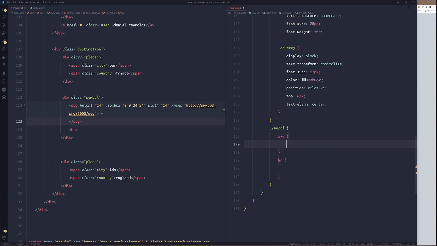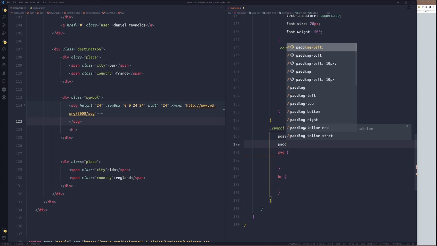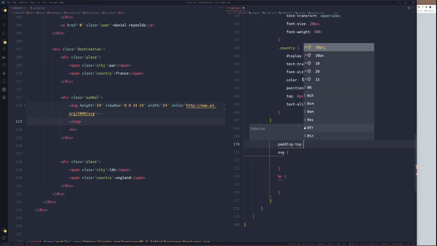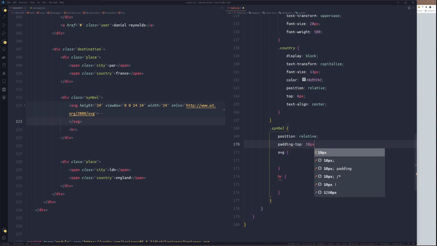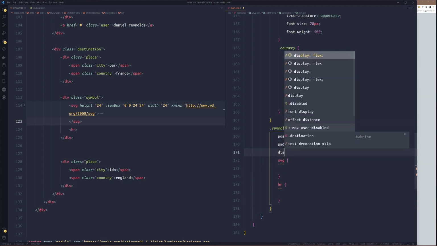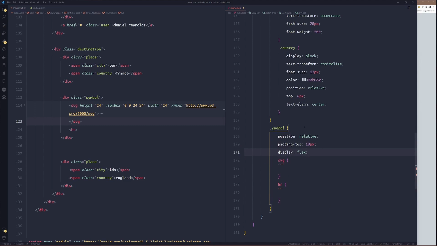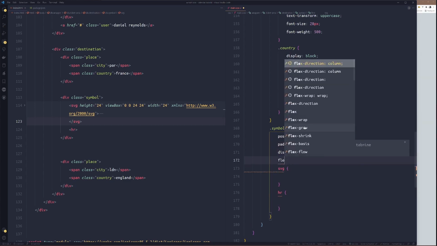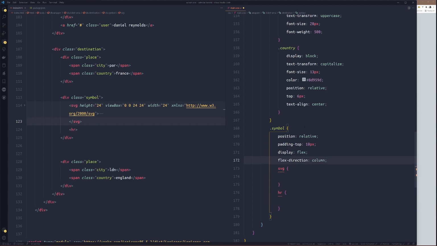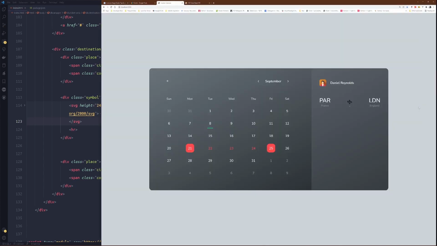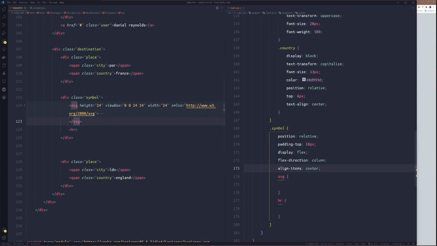So now for the SVG, or before the SVG, for the symbol, we'll set position to relative, then padding top 10 pixel, display flex, direction will be column, so that you know the side by side go be top and bottom. Then align items to center. Let's see first.